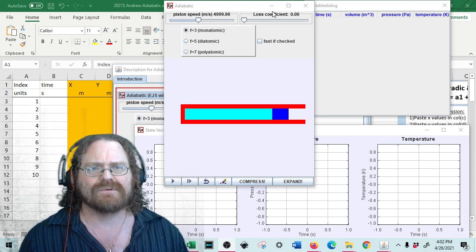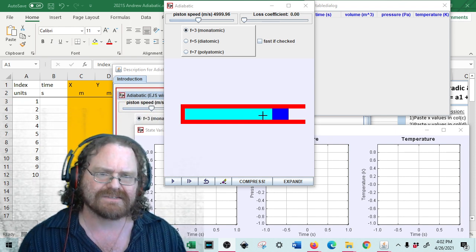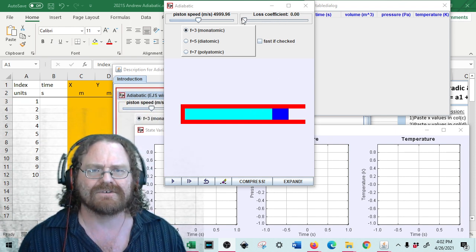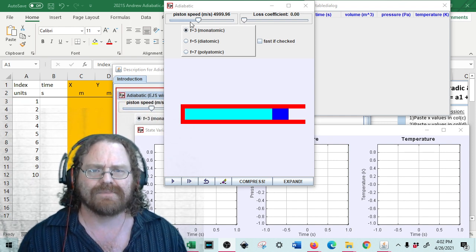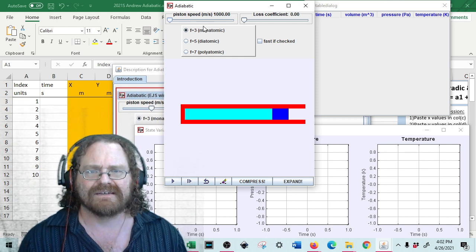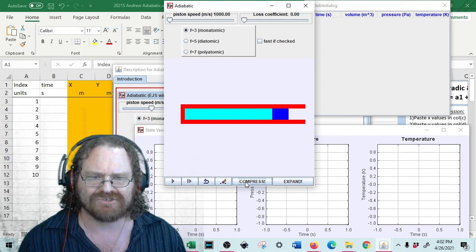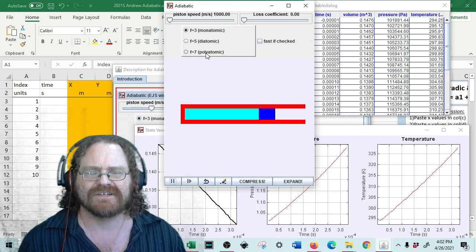At the very end, we will look at a case where we're going to add in some heat transfer, but for the data and the process of this experiment, we're going to keep the loss coefficient to 0, so there's no heat transfer. To start out, you're going to be changing the speed down to slow, and you're going to be varying these and seeing how it changes as you compress and change the speed and change the type of